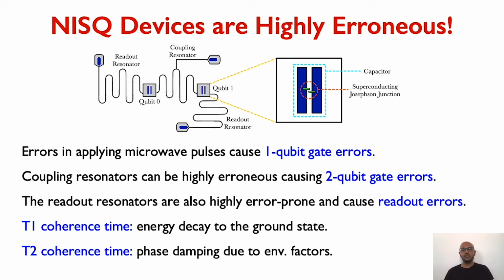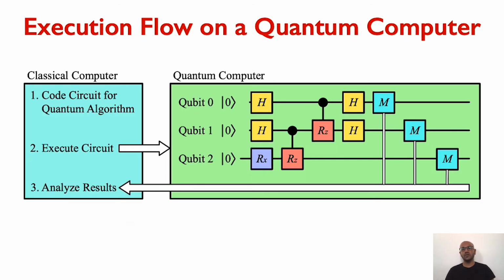In fact, there are also errors related to the qubit's natural decay to its ground state, known as its T1 coherence time, and also its phase damping due to environmental factors, known as the T2 coherence time. In the next few slides, we'll look at how quantum algorithms are executed on NISQ devices and how their errors